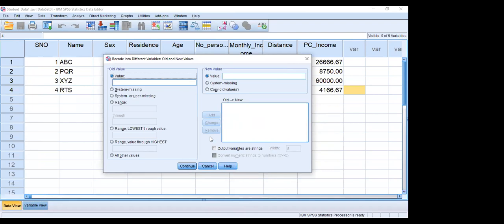Meaning, how should the new value be assigned? If PC income is less than 10,000, assign value 1. If PC income is greater than 10,000, assign 2. Here this is the existing value, meaning the old value. For the old value, choose range, lowest through 10,000, meaning less than or equal to 10,000.